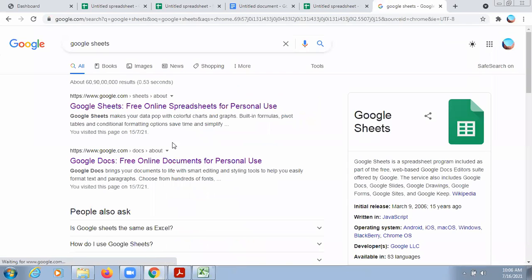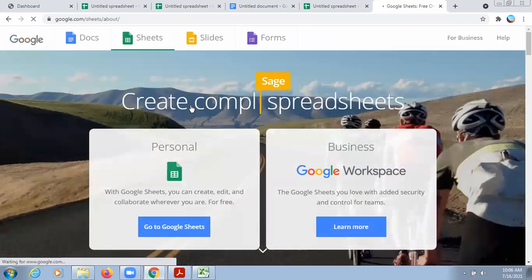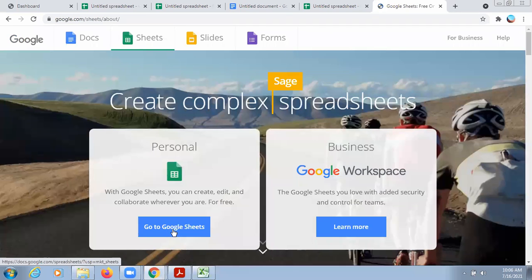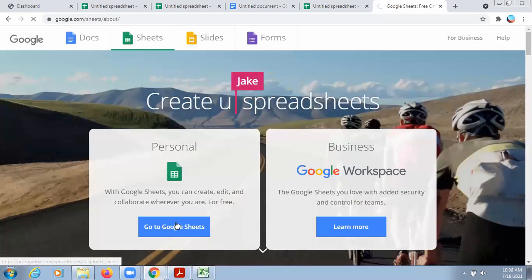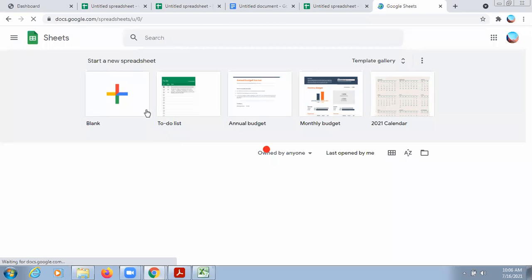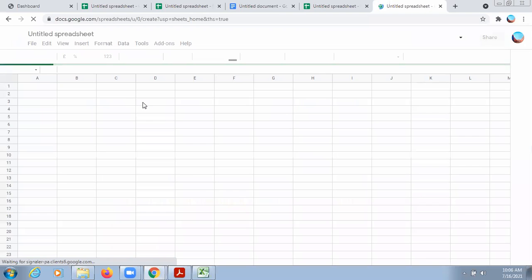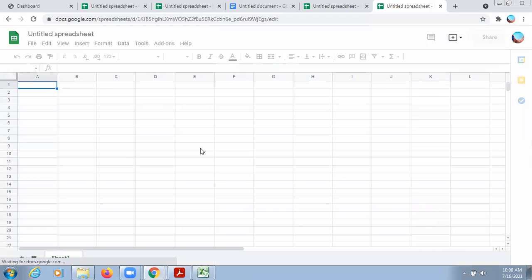And here you will get two different options. One will be for personal use and one will be for business use. You don't have to choose business use because it's a paid version and you have to purchase it. So you will choose the option of spreadsheet for personal use. Then go to Google Sheets, personal. Like this, you can open Google Sheets on your phone.